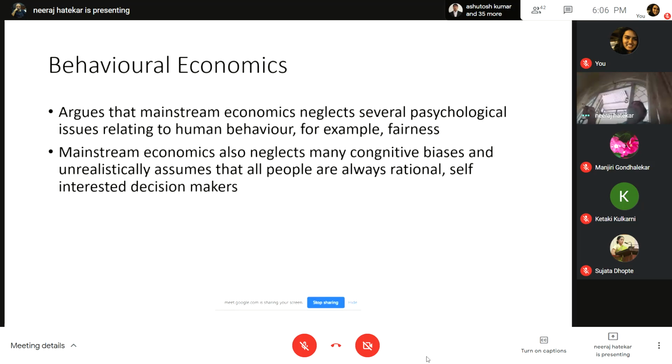But it says that there is a problem with the way neoclassical economics thinks about the world, because, first, people are not always rational decision makers. People have several psychological biases and cognitive limitations, which clearly lead to different results. So these make many important results in mainstream economics not valid. And therefore that's the behavioral economics approach,